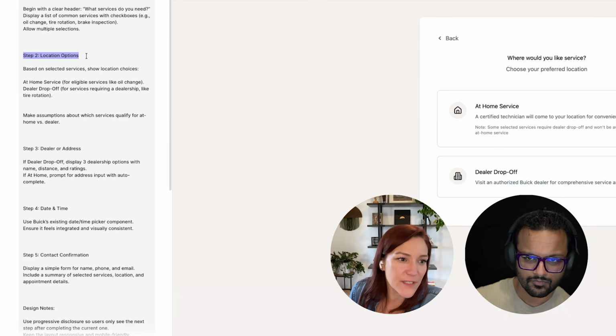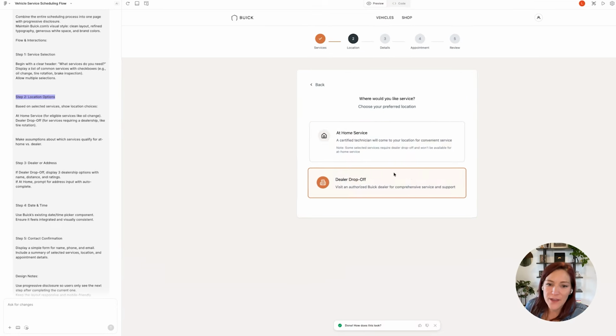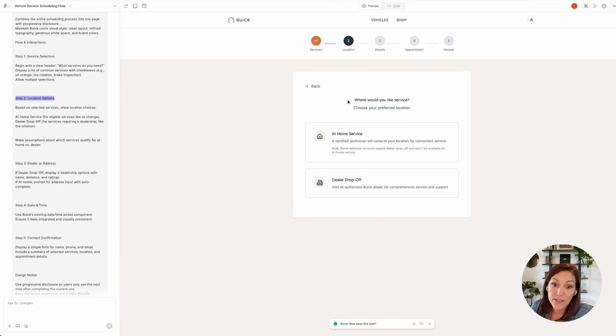And so if you go back to locate, there are 2 things that it didn't really catch. One is step 2, location options. One thing that's differentiated about this specific feature is that some services you can get at your home and some require you to drop them off at a dealer. And so I wanted, let's see, was I clear? Based on selected services, show location choices. Yeah, in this case,